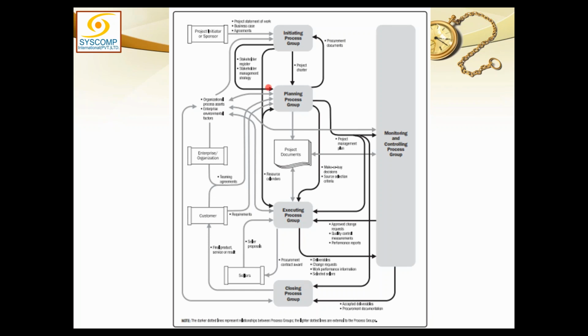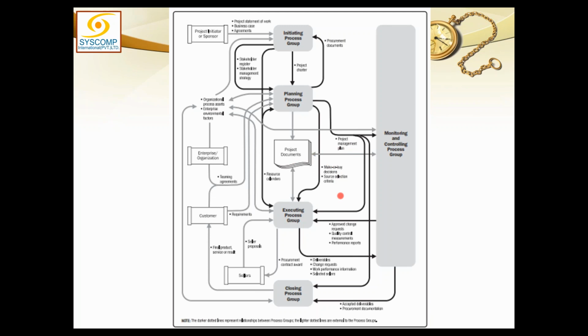So as far as the project documents and project management plan are concerned, we are really sure where they are going. Now there are certain other arrows coming out of the planning process group, and there are actually only two more. One is going straight down to execution, and on it is written make or buy decision and source selection criteria. Now what is this? When everything has been included in the project management plan, why are these things going to execution? They should either be in the project management plan or in project documents. What is this? So let me explain.